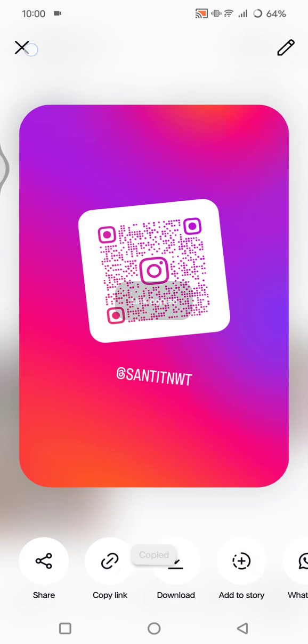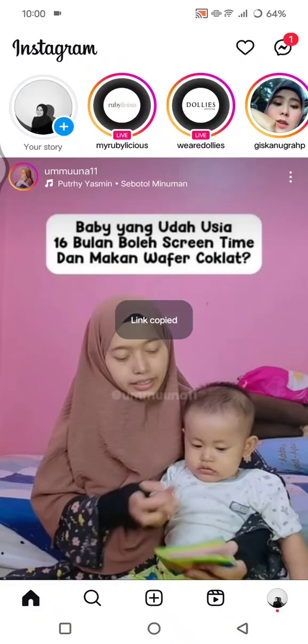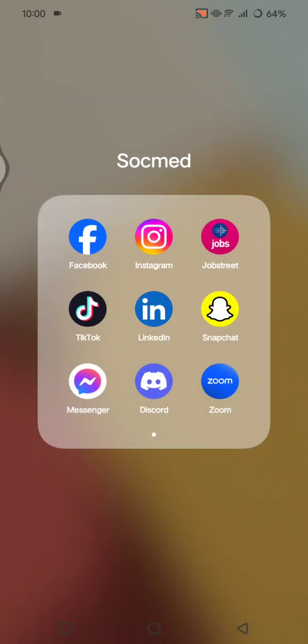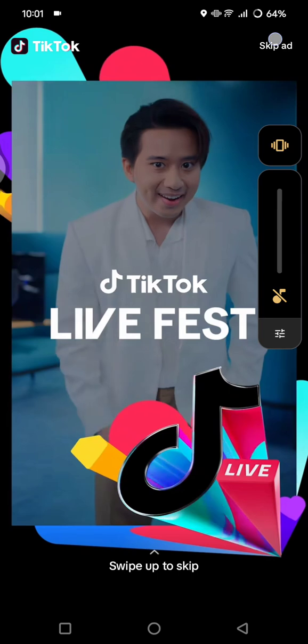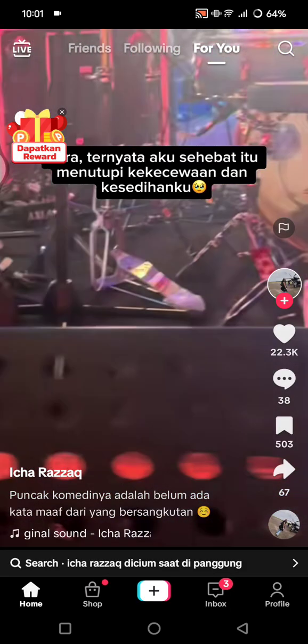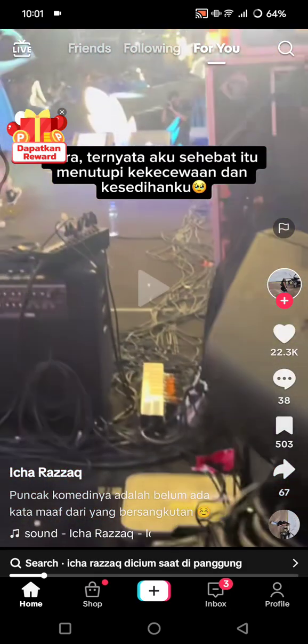After the link has been copied, you can just close Instagram or any app that you've copied the link from, and then open your TikTok app. Okay, so this is the TikTok app. Now you just need to head to your profile